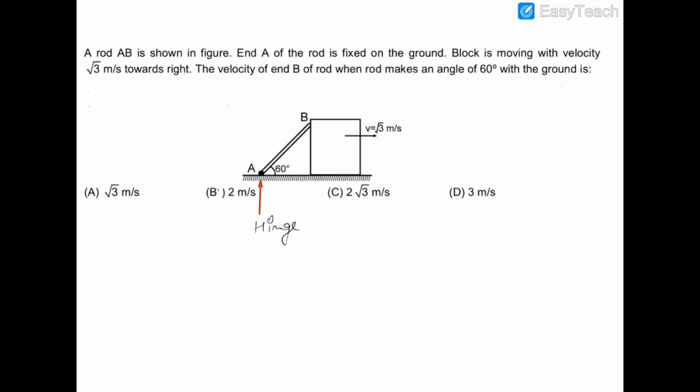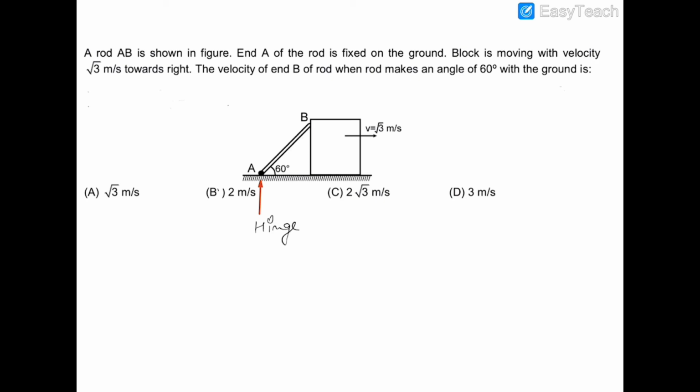In this question we can see that there is a rod which is hinged from this point, and this rod is lying on this rectangular block, and due to the weight of the rod it will slip in the forward direction, as a result of which this block will move in the forward direction towards the right side. The velocity with which this block is moving is root 3, and at the instant of time when the angle of rod is 60 degrees with the horizontal,